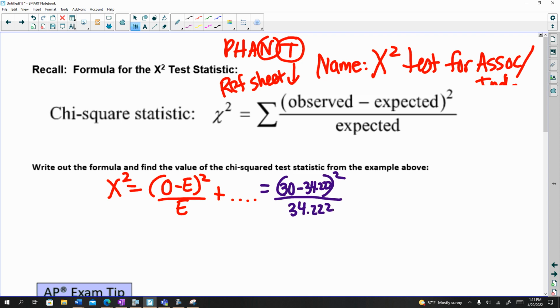Now I'm not going to do the rest. I'm going to put a plus sign and then I'm going to do a little dot, dot, dot action. And then I'm going to do the last cell, which is the one I did on the bottom right-hand side. And that was other, I think. So I'm going to do observed minus expected